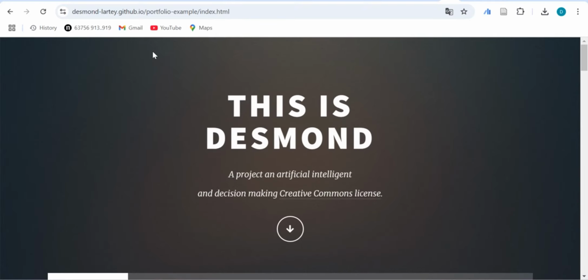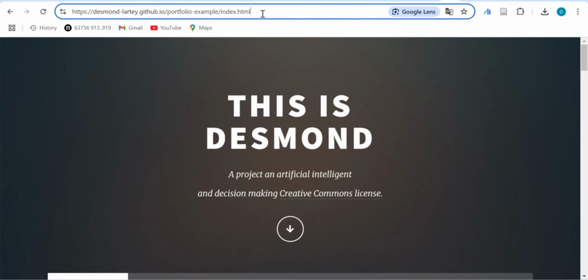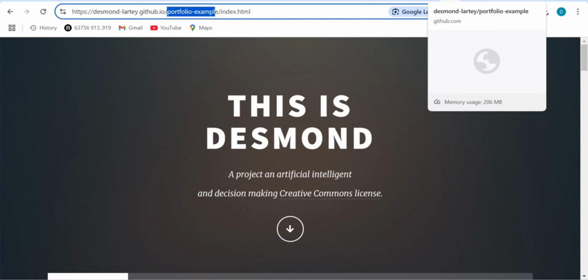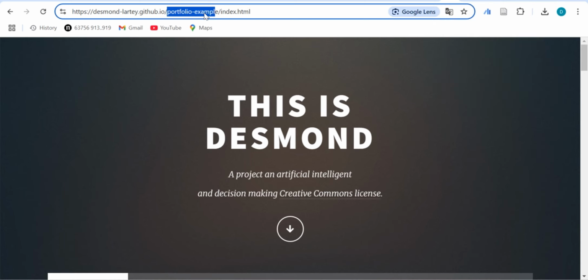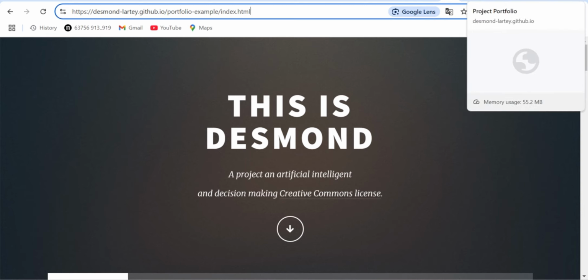So this is what we edited here, and it is going to have this particular URL. If you have the same format, all you have to do is change your repo name, and then you will still be able to display whatever portfolio you have made. So if this is becoming very difficult, just copy this, and make sure you are replacing this with your own repo name. And then your index.html is the same, so it's still going to deploy it.